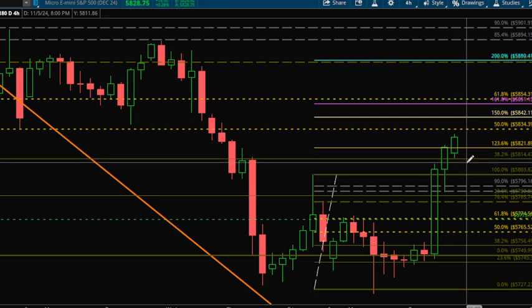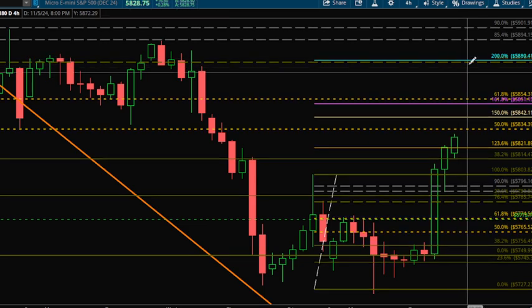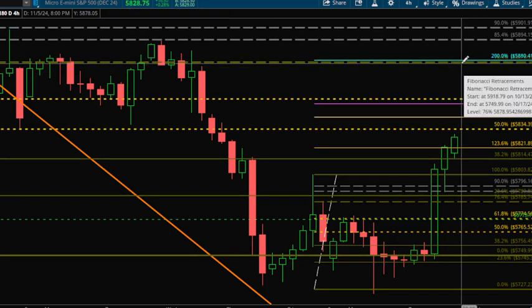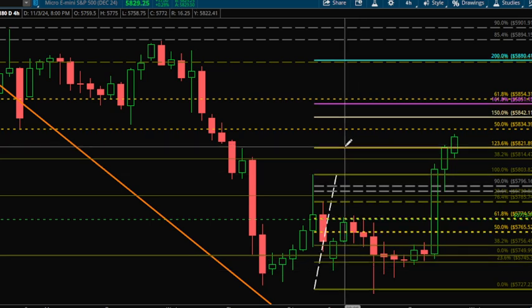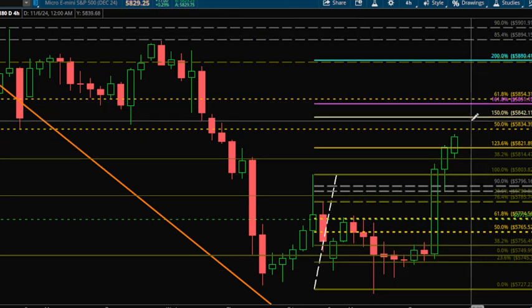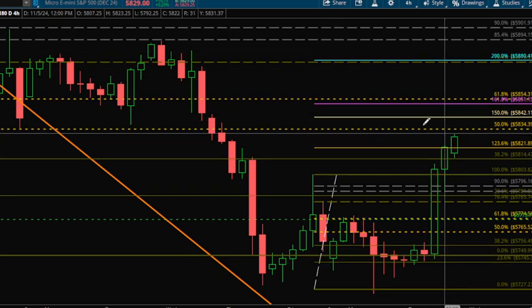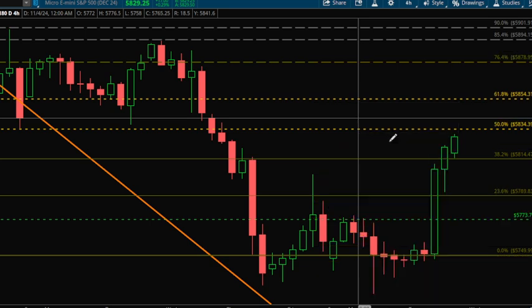So I'm wanting to get back in. I'm wanting to get back in long, but I won't chase it. And if it goes on to the 58.80, then I'll look to try to take a short position. So right now it's looking like it wants to hit the 150, 58.42. So we're going to go ahead and let it do that. That's on the 4 hour, and while it's moving, we're going to try